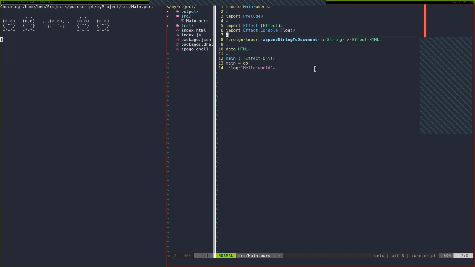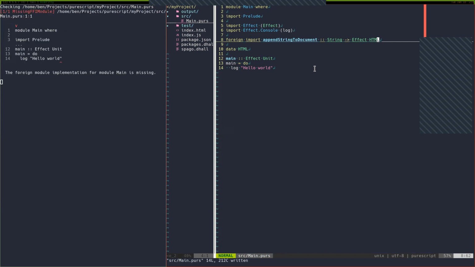and it can cause a memory leak if you don't get rid of it. So it's a good idea to actually have an effect for, I would say, most of your JavaScript functions. The other thing is you might throw an error, and I think that's part of the contract when you're dealing with FFI, especially DOM manipulation. Your DOM manipulation can fail. You could supply some kind of invalid string, perhaps. So these are the reasons why we're going to label this as an effect. So again, analogous to I/O.